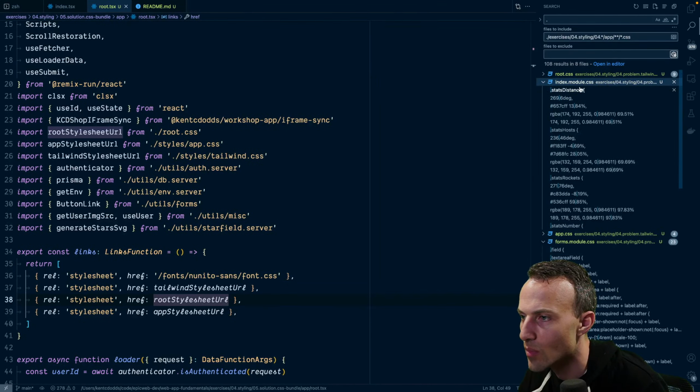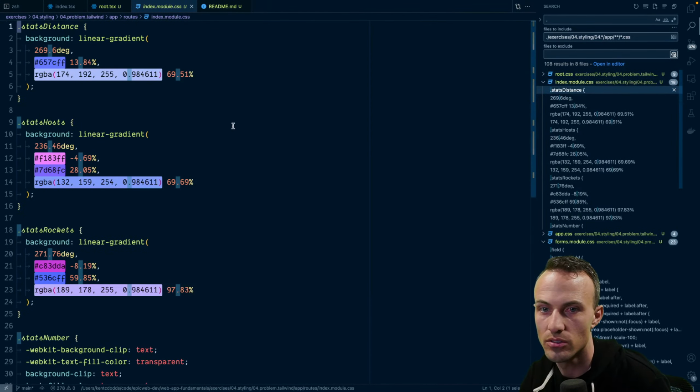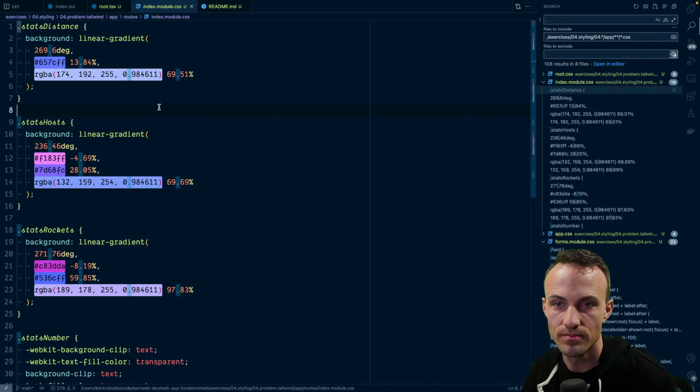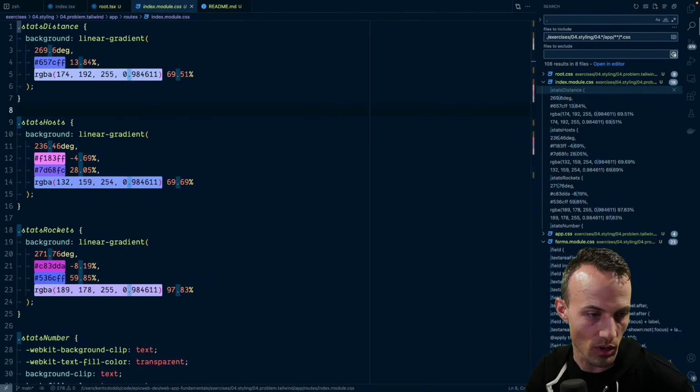So there's the index module. Maybe I should change that from CSS modules. Yes, I should, because this ends up in my bundle. Yes, we're going to change that. I'm going to take a quick break, and then when we come back, we're going to make this change. This is a good change. Not just a change to make it easier for me to teach, but actually a good change because we should do it this way. So give me a moment, and I'll be right back.